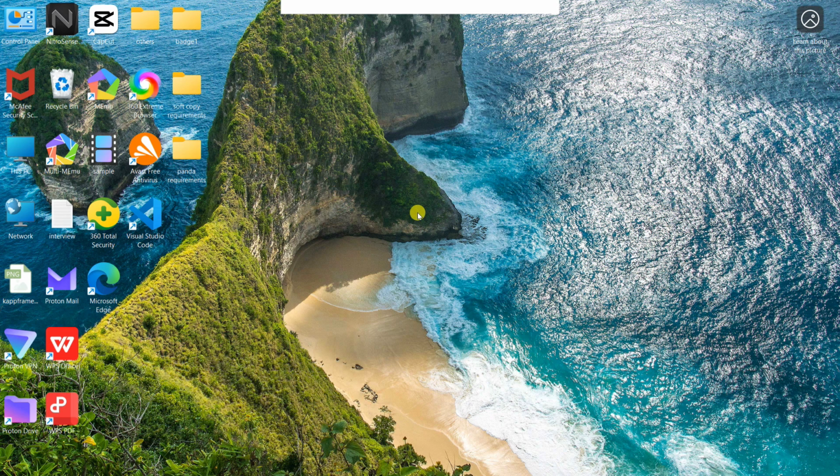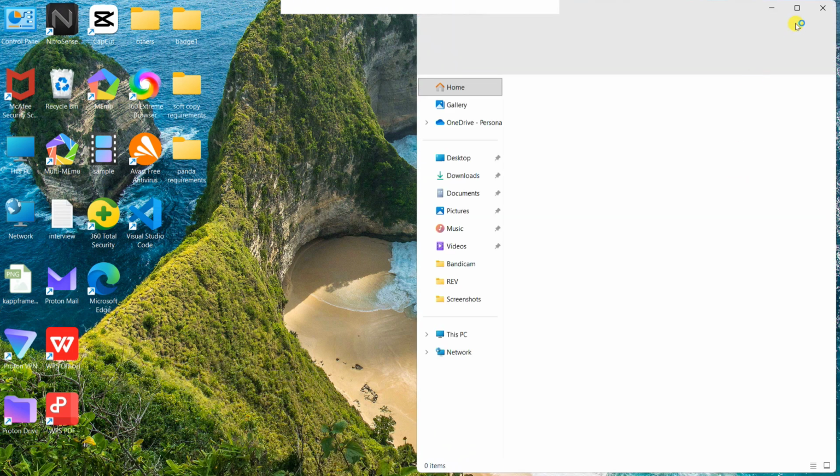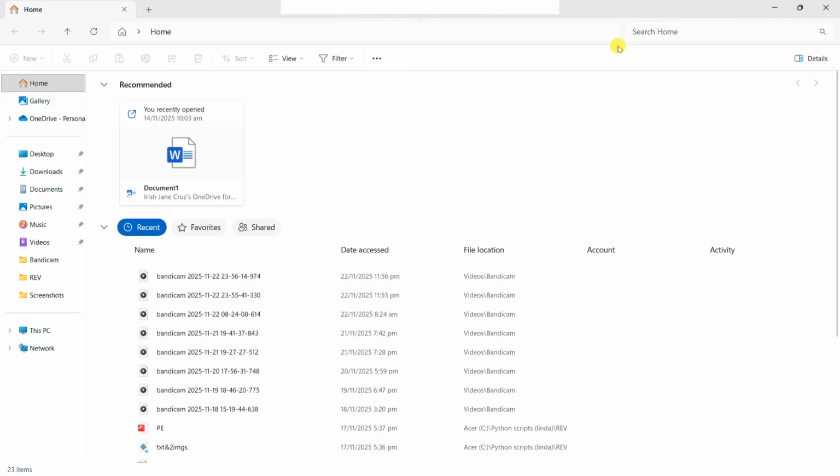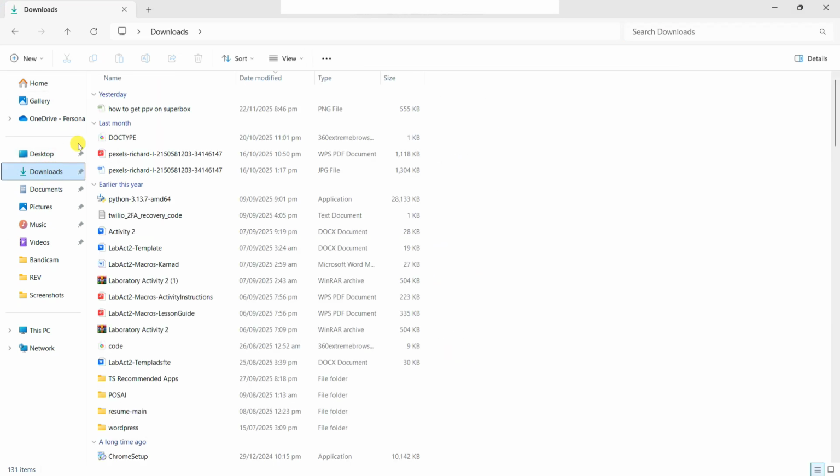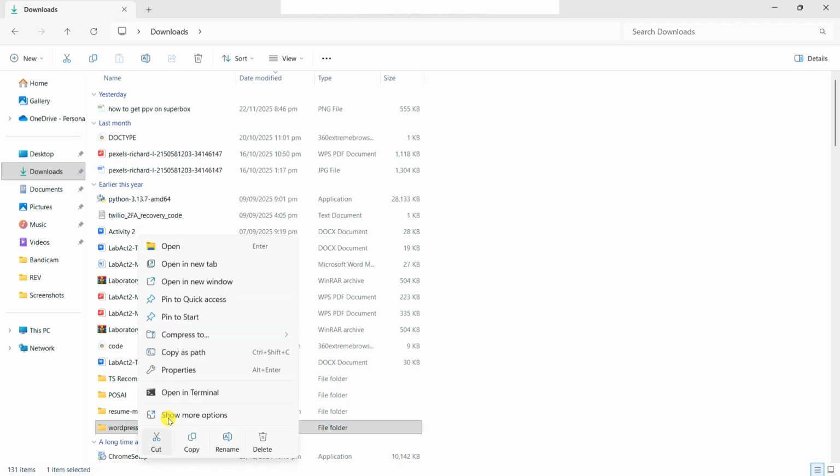So to get started, go ahead and open your Windows device and then open File Explorer from here, and then on File Explorer, go ahead and head over into the section where you can find the folder which you want to password protect. Click on the folder and then right click on it. And then from here, go ahead and